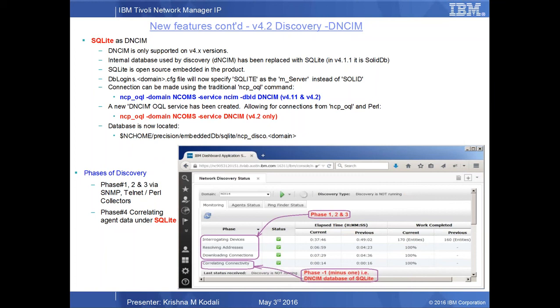So the discovery obviously has multiple phases. Phase 1 to 4. 1 to 3 is basically where we actually talk to the devices. It can be by several means, such as SNMP, Telnet, or maybe poll collectors, whatnot. In phase 4, we correlate the topology that is discovered in all these three phases, build the network entities,